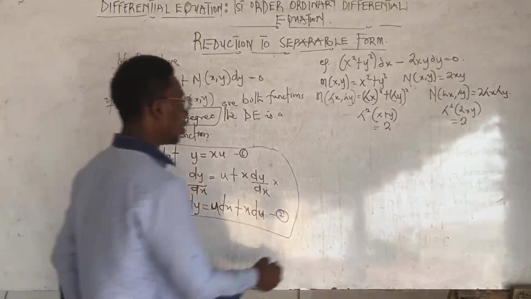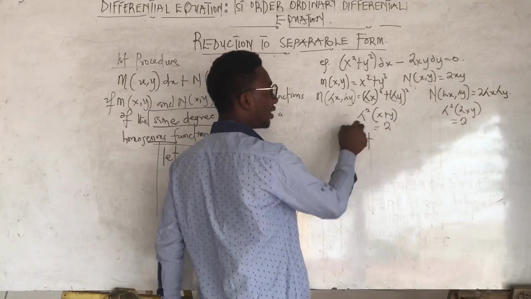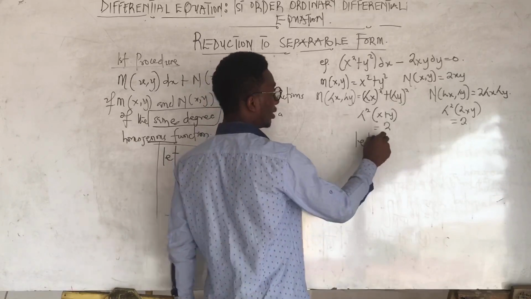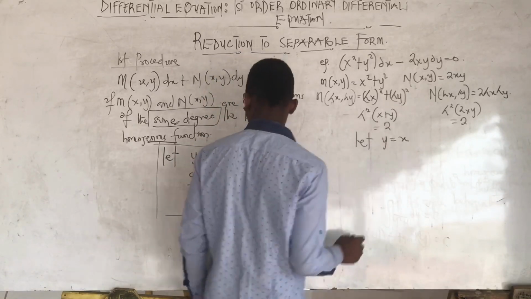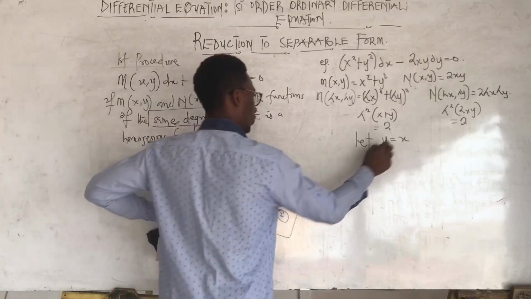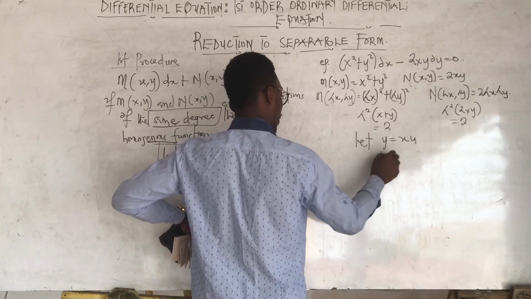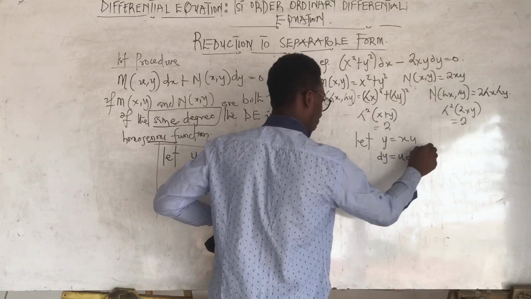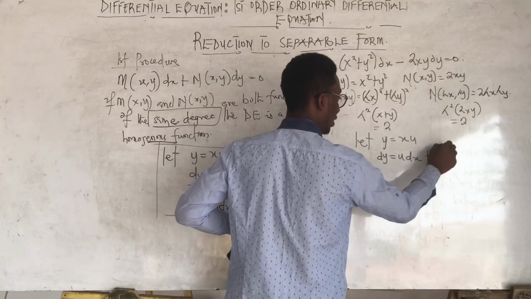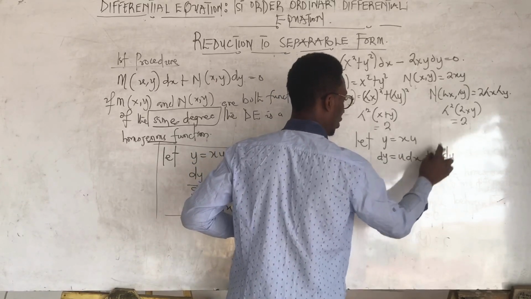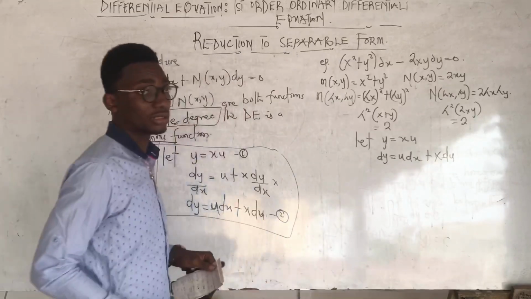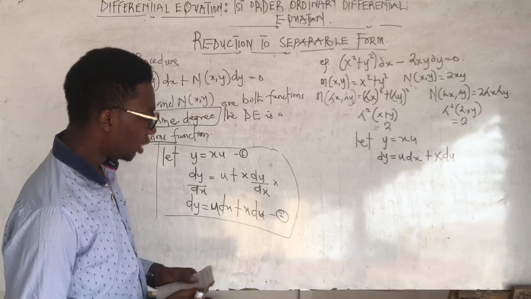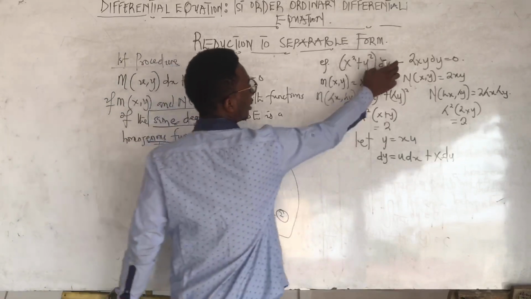So with the first method, we said after you prove that they are both homogeneous with the same degree, then let y equal xu. And the second one, let dy be equal to u dx plus x du. Alright. So now, if this is so, then what it means is that you just take this particular equation,